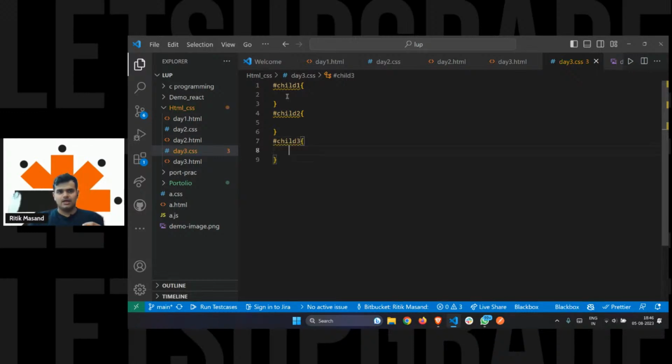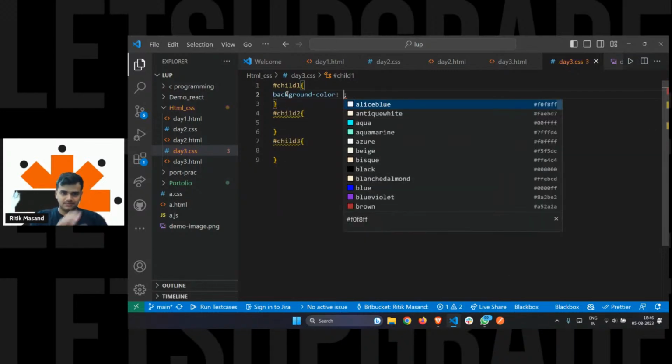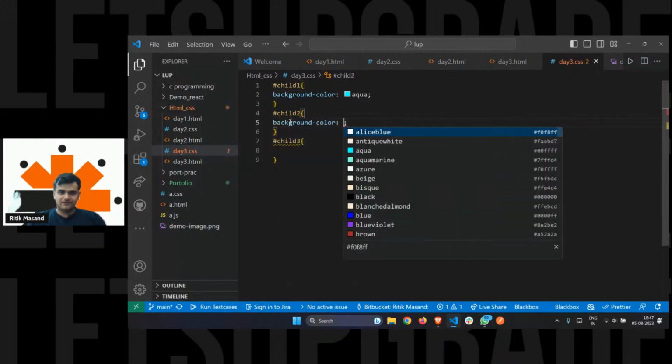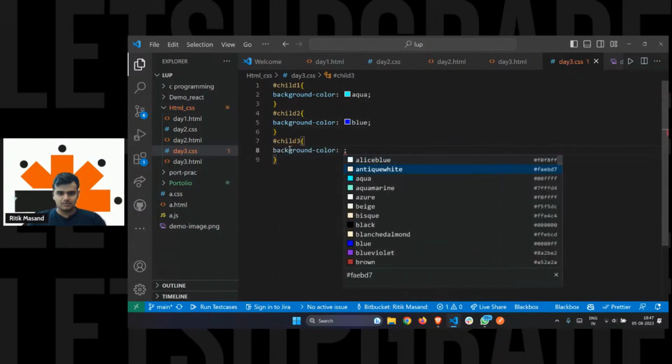All right, now let's say we want to have unique styling for all the three divs. How do we do that? So I'll have a background color, and let's suppose I want to give separate background colors to each and every div. Let's suppose first I want to give aqua, then the second div I want to have in blue, and the third div I want to have in brown, or blue